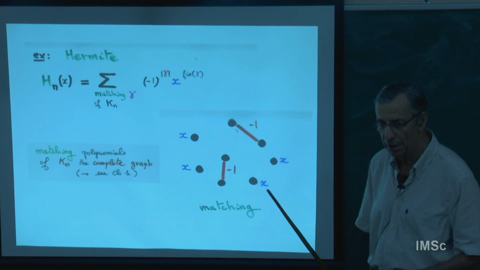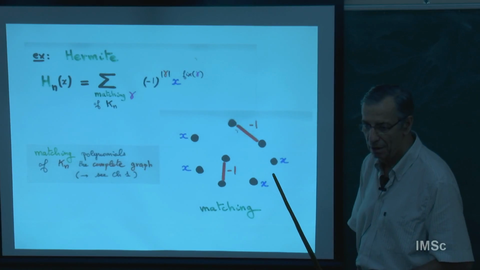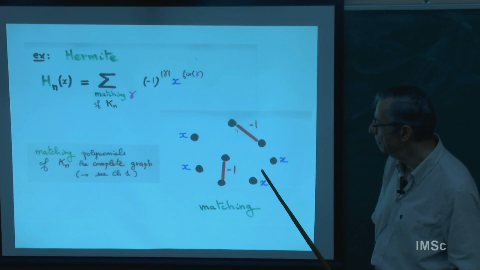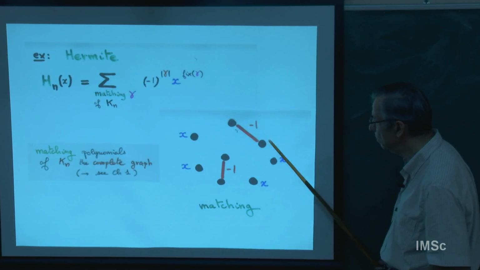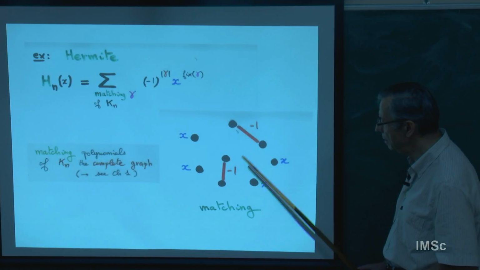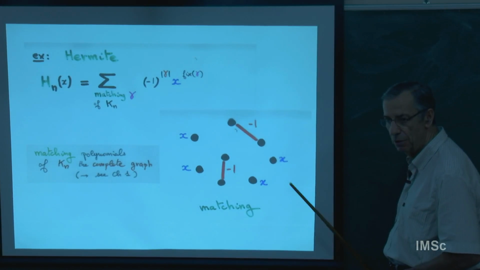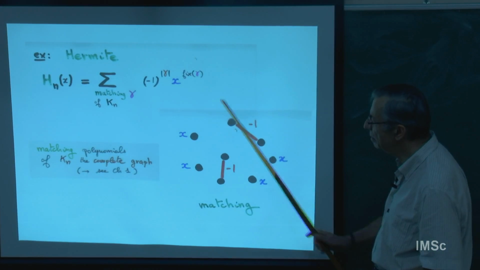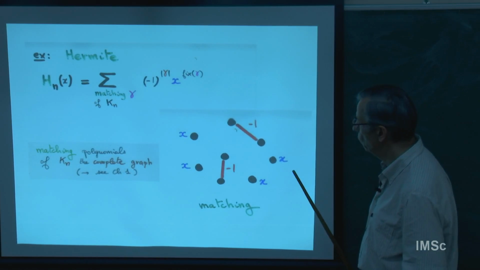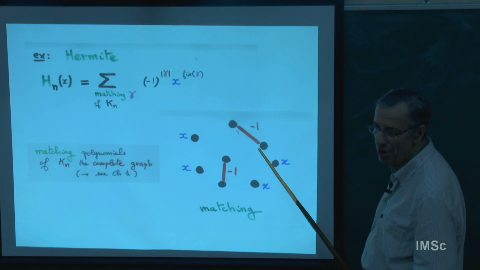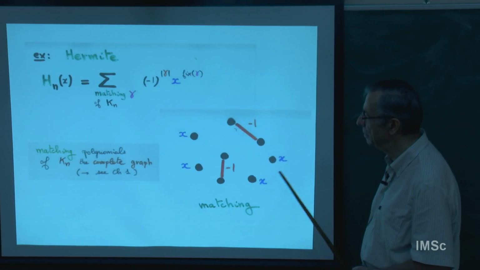Also, we have seen in chapter 1 that Hermite polynomials were the matching polynomial of the complete graph. It's the same thing in another language. Matching polynomial means that you take the complete graph, all possible edges, and you put 2 by 2 disjoint edges. Each edge is weighted minus 1. Each fixed point, having no edges, is weighted x. And this is a special case of the matching polynomial of the complete graph. So this corresponds to a cycle of length 2, and this corresponds to a fixed point in the involution description of Hermite.